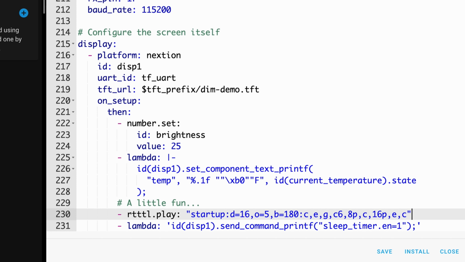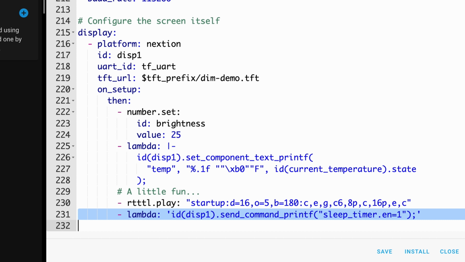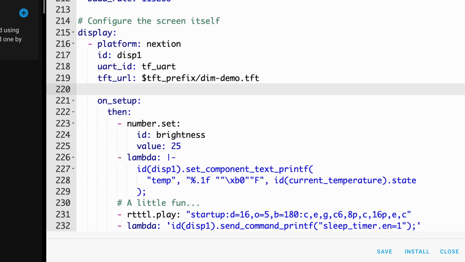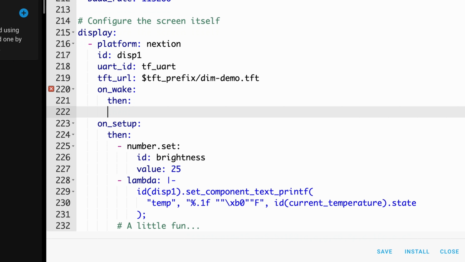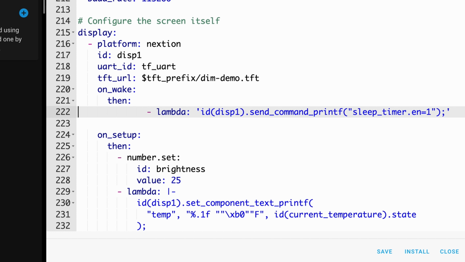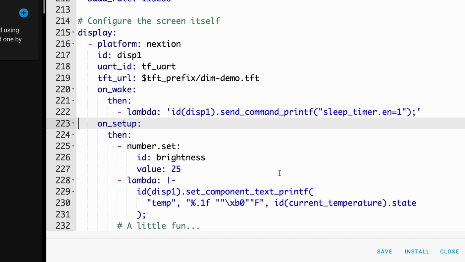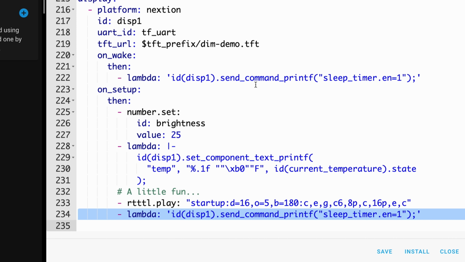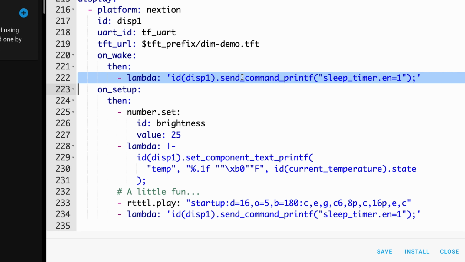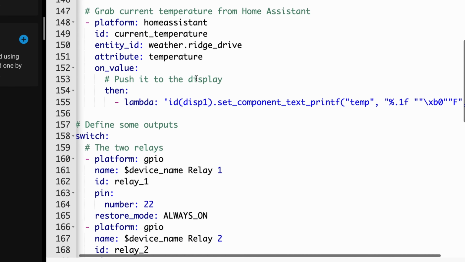Just like so. Now I'm going to copy this line because we're going to be using this a lot. Because the screen is no longer responsible for reactivating its sleep timer when you wake it up, we have to do that ourselves. Fortunately, ESP Home has an on-wake handler, so we can just put the same thing in here, fix the indentation, and now we've got 2 instances of this. So this one turns the timer on right after it boots up. This one turns the timer on every time it wakes up. And now we want to go back up to these buttons,